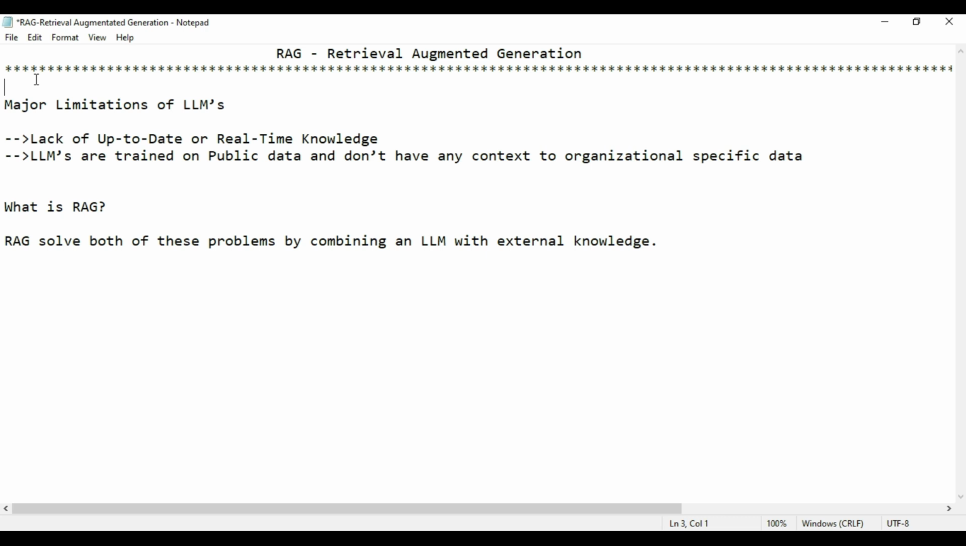Friends, we have seen different large language models, say GPT, Grok, Anthropic, DeepSeek. All of these models are doing incredibly well, but there are two major limitations. The first one is lack of up-to-date or real-time knowledge. The model used for inference might have been trained 6 months or 1 year back. If we utilize this model at this time, then definitely the outcome will not be